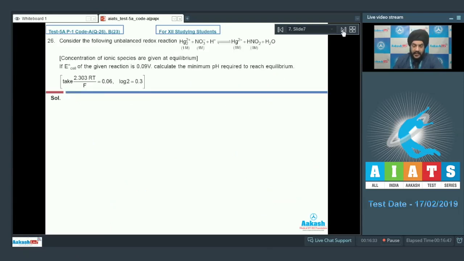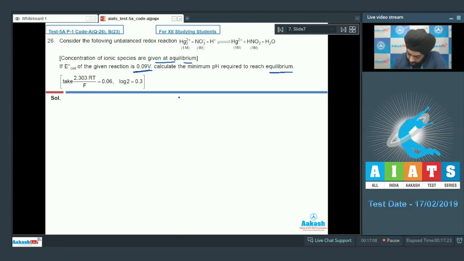Question number 26. Consider the following unbalanced redox reaction. We have Hg2 2+ and NO3- reacting to give us Hg2+ and HNO2. The concentrations of the ionic species at equilibrium are given to us. If E0 cell of the reaction is 0.09 volt, calculate the minimum pH required to reach equilibrium. We have been given the conversion units: 2.303 RT by F has to be taken as 0.06, and the value of log 2 is 0.3. So if we talk about the reactions happening inside the given cell,